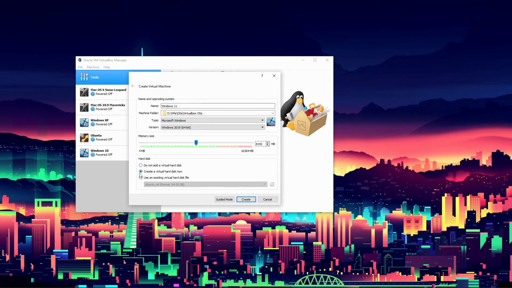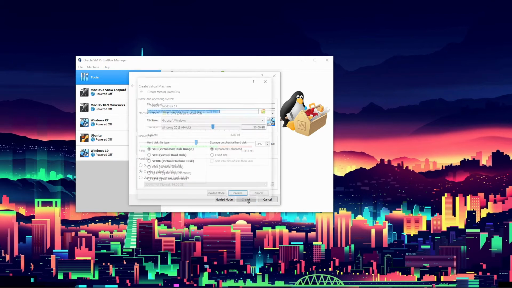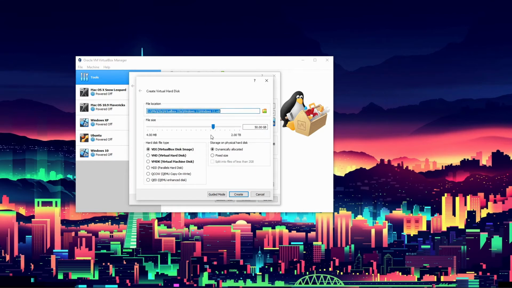But anyway, where it says create a virtual hard disk now, click create. Now, file location is good because we set where the virtual machine will be installed earlier. For the file size, 50 gigs should be enough to get you up and running. However, the minimum I think you should have in something like this is probably 64 gigs. I will set mine to, this should be more than enough, but I will set it to,